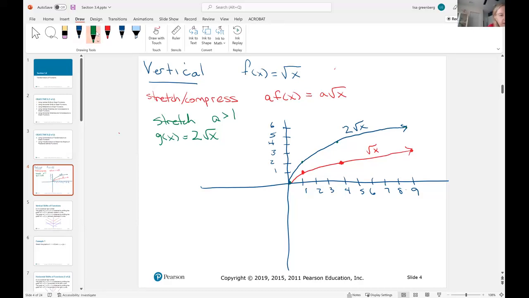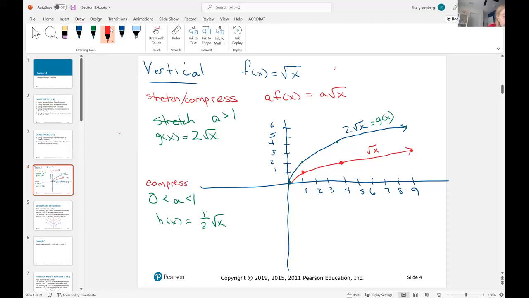And then if a is between 0 and 1, we're not talking about negative values. And if it's 1, it's just the regular 1, right? We're not changing it. But if a is between 0 and 1, it's a fraction. So we'll call this g of x, and we'll call h of x equal to, let's just call it 1/2 times the square root of x. So this is a compression,